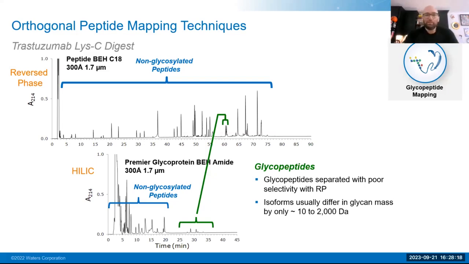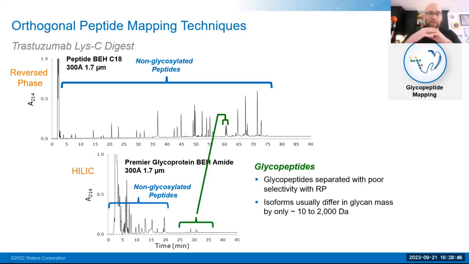Now, this may not seem to provide a whole lot of information, but what we're actually able to do is confirm not only the presence of glycans, but the exact spot of glycosylation through assays like mass spectrometry, where we can fully characterize those peptides. And again, this is going to be critical for determining biosimilarity, not just the presence of the glycan, but finalizing where that glycan is bound.